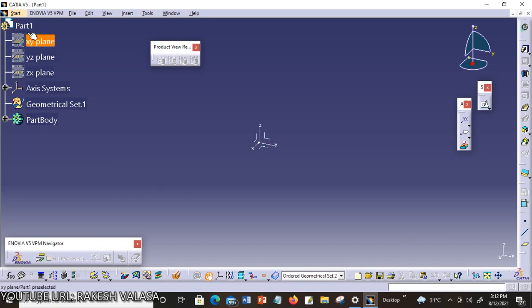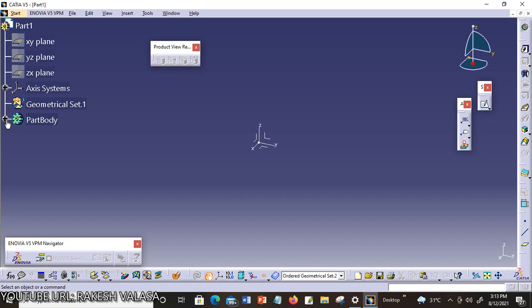Next one is the specification tree. The specification tree monitors all the operations that are performed on the currently open CATIA object. It appears on the top left side of the CATIA user interface. You can use the specification tree to view or edit data. You can click this plus symbol and choose that parameter. You can edit the object.